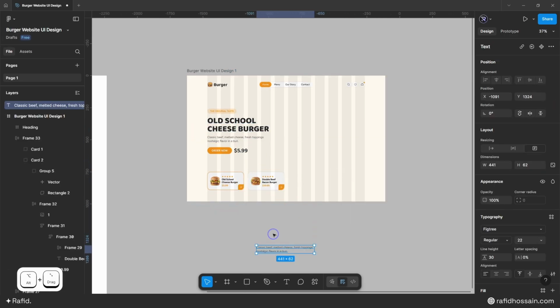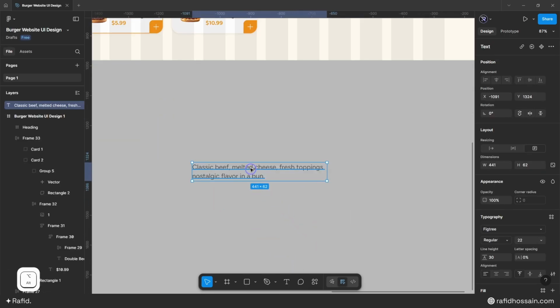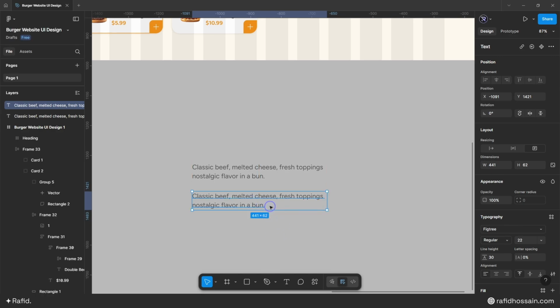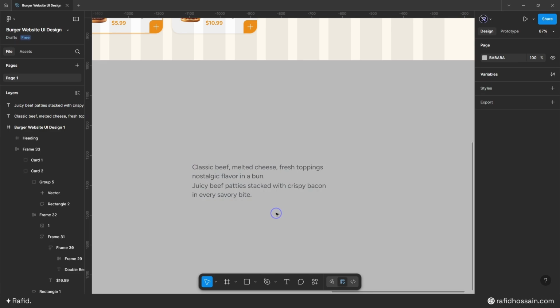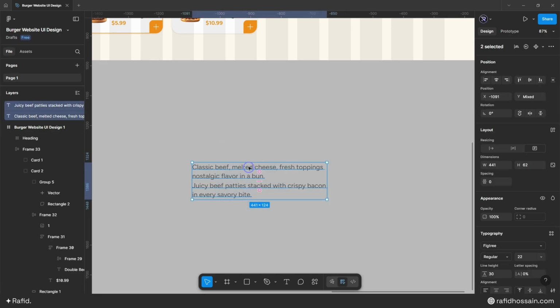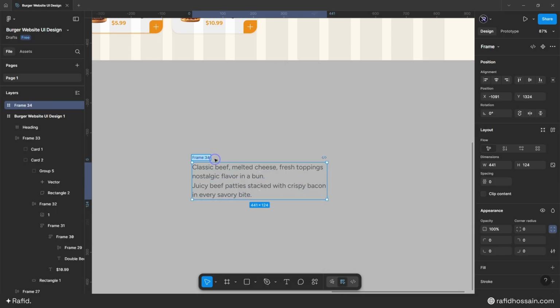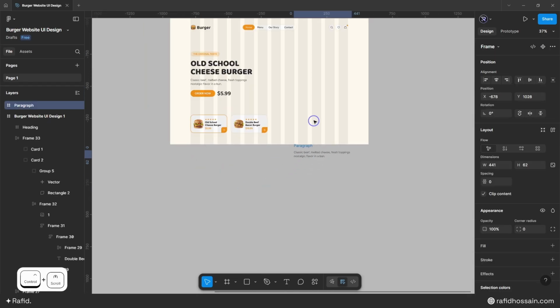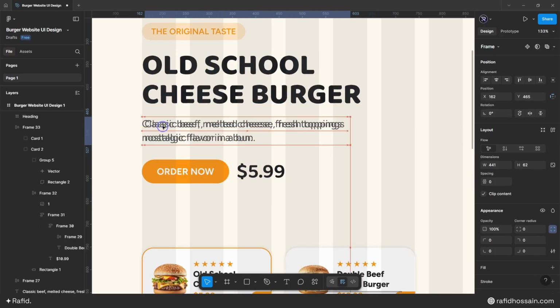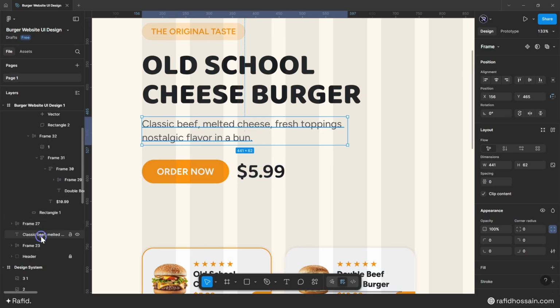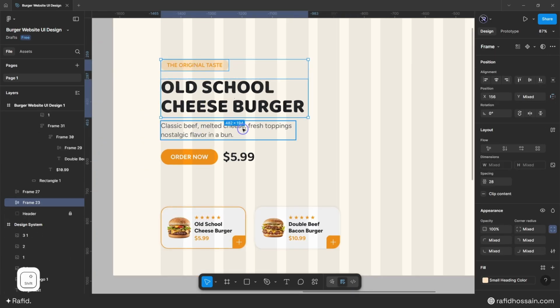So I just simply duplicate it, I'll place it like here, and I'll add the second design frame paragraph text here. So I quickly change this. So I've changed the content, and now select these two paragraphs and right click on it and make them frame selection like this, and I'll change this frame name to paragraph like this, and again hold the Ctrl key and drag the frame like this, and select the frame, enable this clip content like this. Now I'll place it in my design frame like this, and I'll remove the old one like this one. Now again I'll make the auto layout